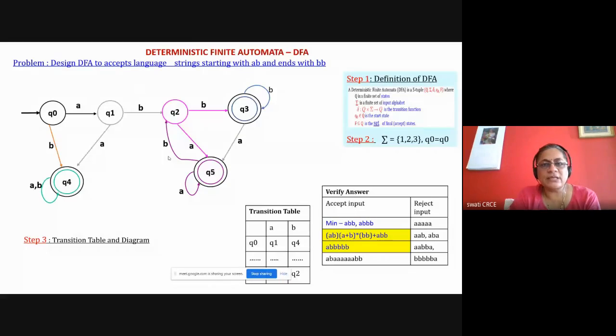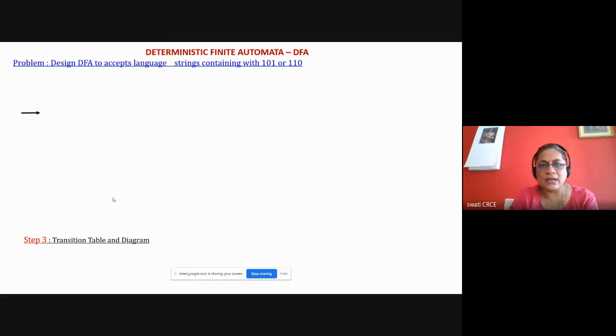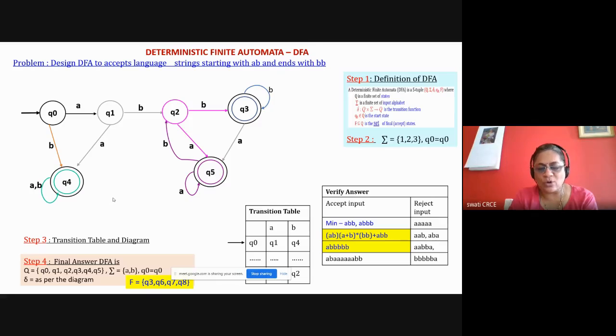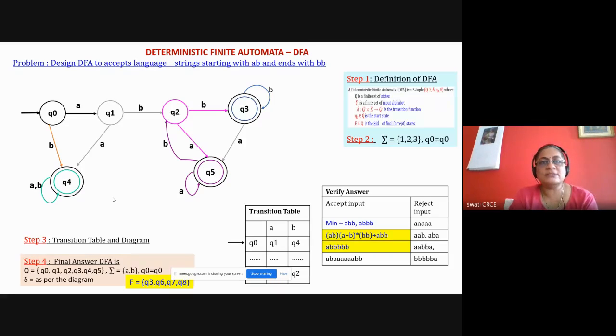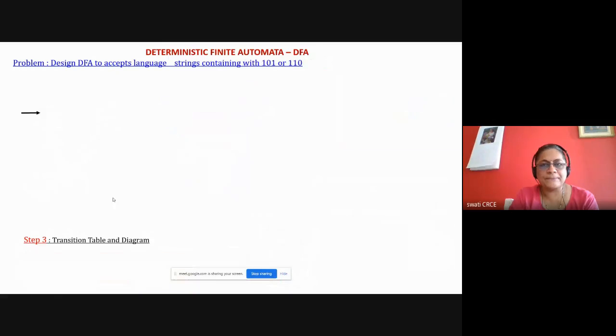Okay, I think I'll change this animation and I'll show you in the next lecture. This is not a final state, and this Q4 is not a final state, and Q5 is not a final state. Okay, you solve this problem and send me the answer on WhatsApp. As there are the last 5 minutes, we will go with the next problem. That animation is wrong. Actually, the answer is correct here, but only the final state is wrong. You solve this as homework: string starting with AB and string ending with double B, and share with me your answers.